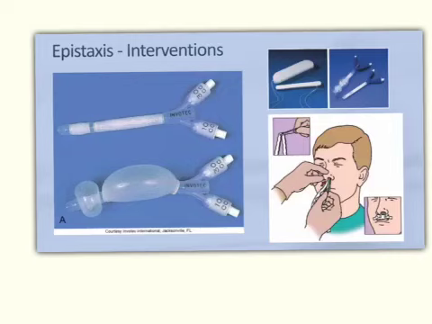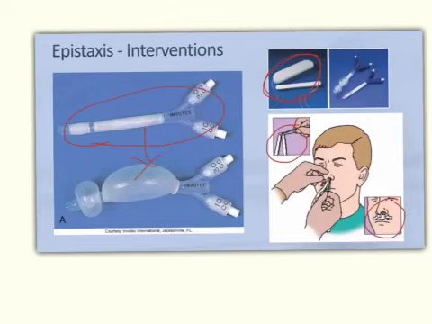As you can see, there is a packing that they use. They also have a gauze. They use it to again pack. This particular one looks more like a tampon, but sometimes they even use that. And then of course they have a mustache dressing. These are the tubes that they put in. This is what it looks like when it's not inflated, but this is what it looks like when there's air in it. Can you imagine sticking that up in your nose? That's pretty